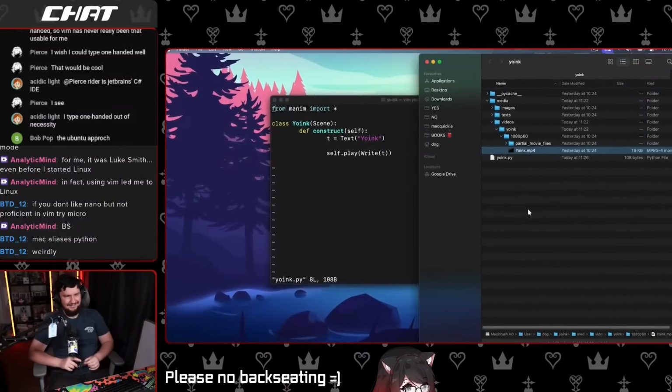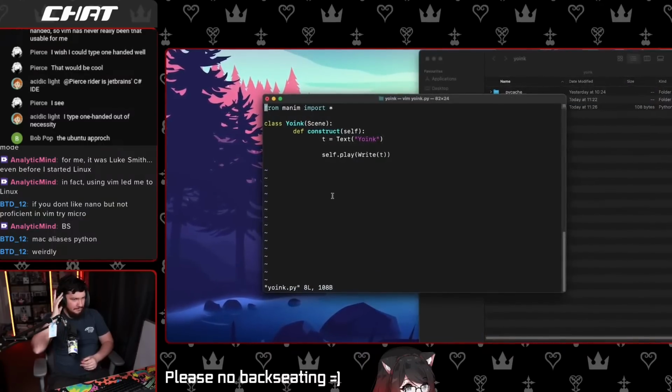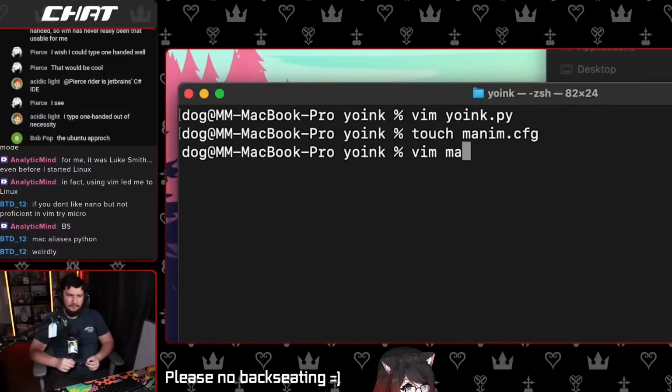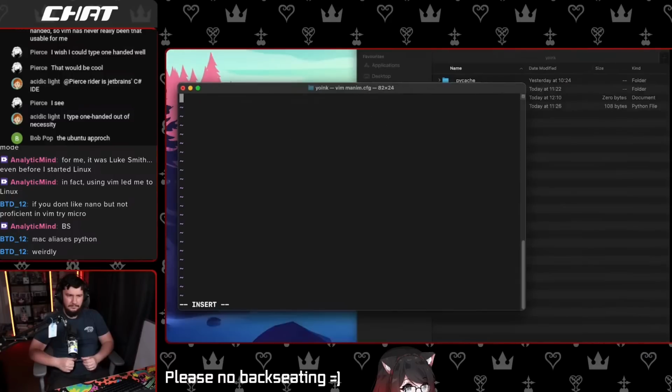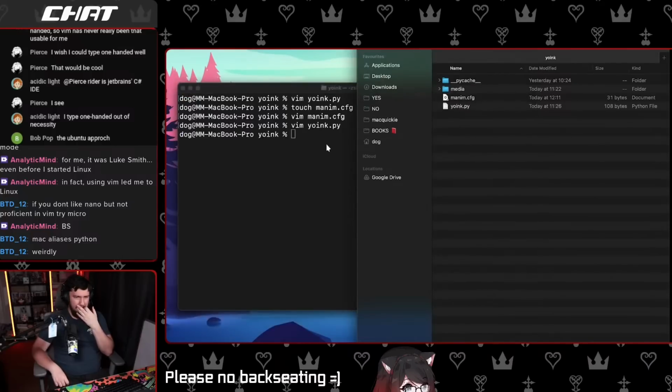I need to create a config file that I know how to do in VS Code, but I don't know how to do that with Vim. Let's create a new file called manim.cfg. Oh, that's here. And can I edit this file through Vim? Yes. Okay. Insert mode. And I need to do CLI and quality equals 4K quality. Escape to exit insert mode, :x to save and exit. And now if I render this animation, it should be in 4K.